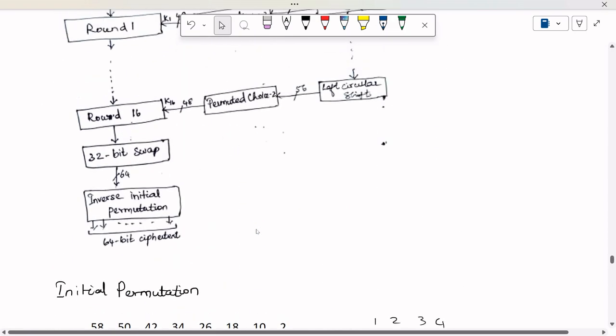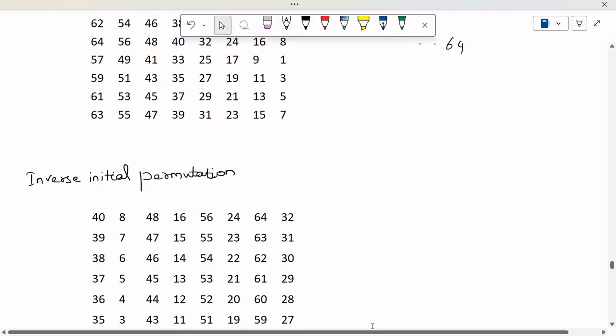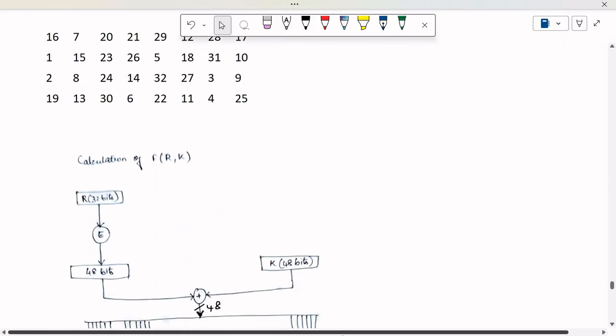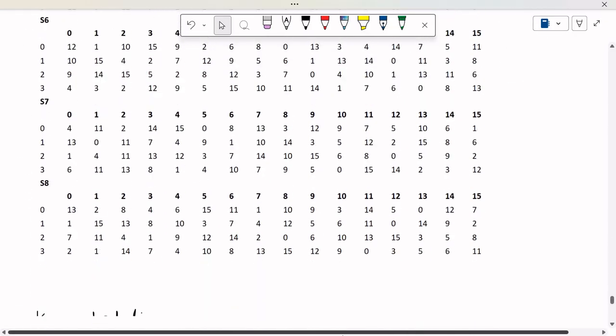So with regard to the decryption, it is going to be in a reverse way. Nothing much different. It is going to be used in a reverse way. That's it. Now comes the key scheduling mechanism. With regard to the key scheduling mechanism,